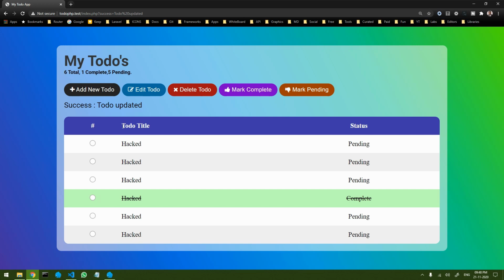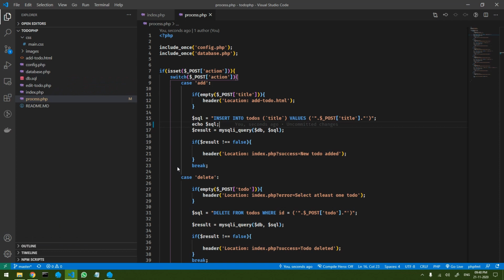So for each and everything, if you want to try it out in much more detail, then you can use some software like SQL Map, or some software of that kind, to actually test your website for these types of attacks and try to attack your own website. Okay, so now once this is done, let's see how to secure our web app.